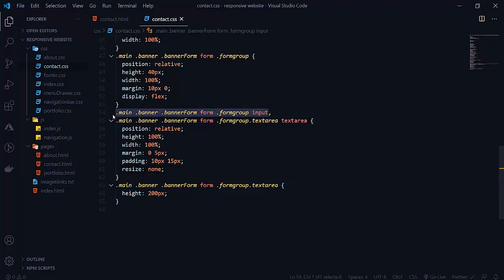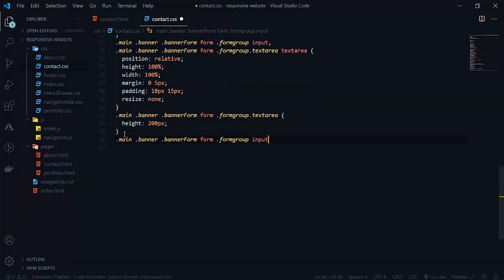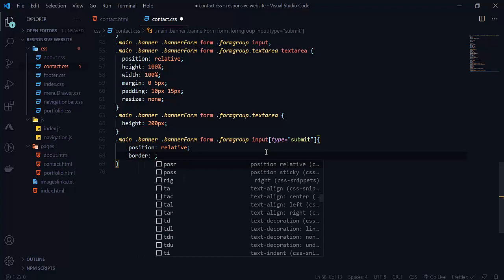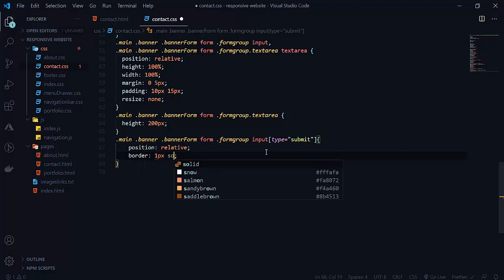So let's apply this to our submit button also. I'm copying this input. Here we want type equal to submit. So we will do it like that also. So we are selecting our submit button by type here. So here position will be relative. First of all we don't want any border, so for border we want 1 pixel solid.